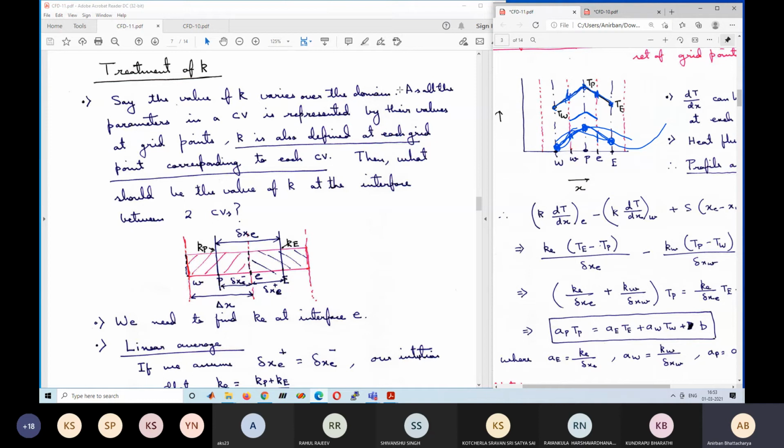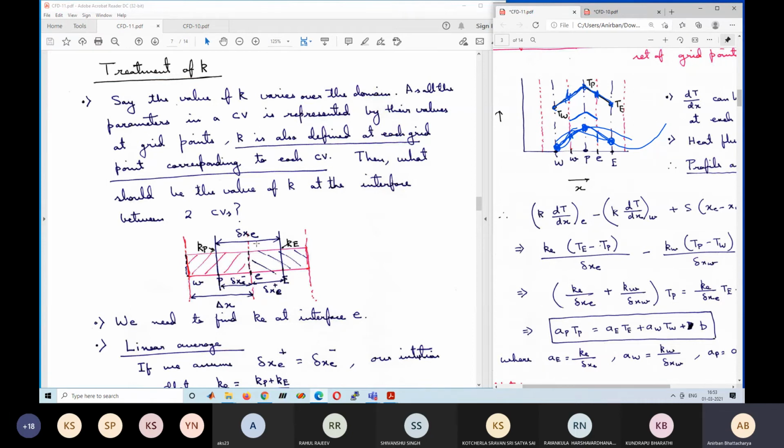So we have the control volume that we are concerned with, which is the P control volume on the left side, going from this vertical line to this vertical line, and then we have the E control volume going from this vertical line to this line. Each of them has the grid point at its center, so P at the center and capital E at the center, and the interface is given by small e, the blue dotted line here.